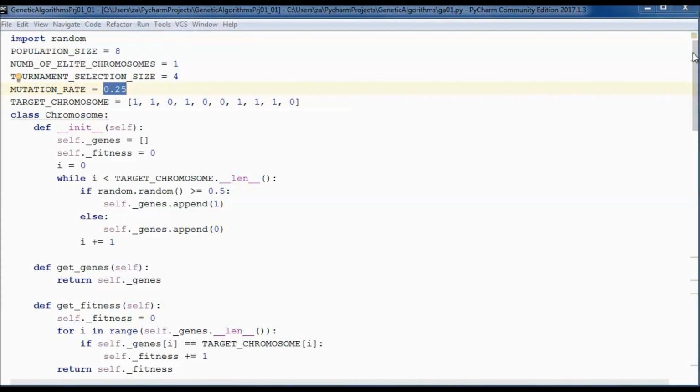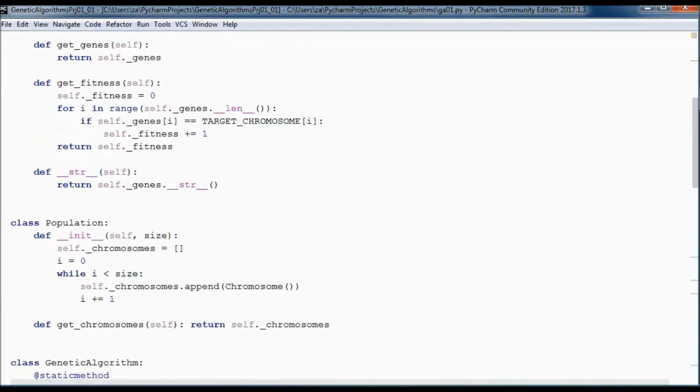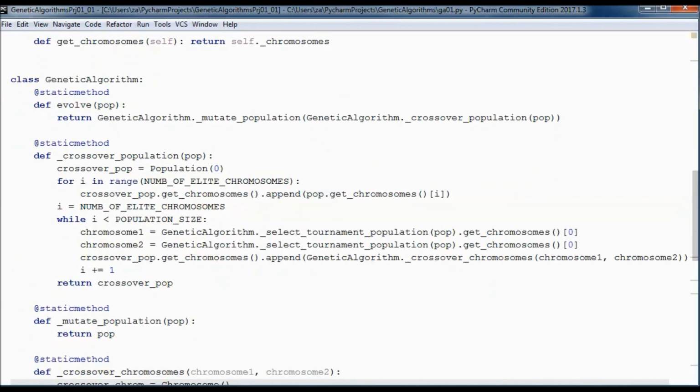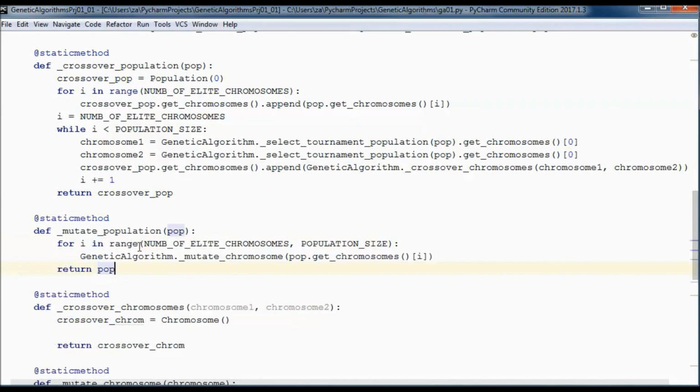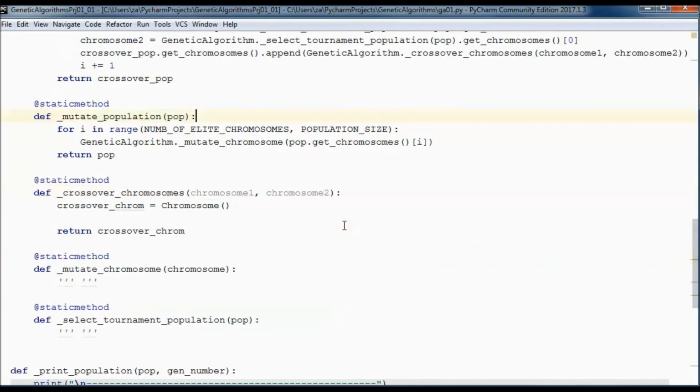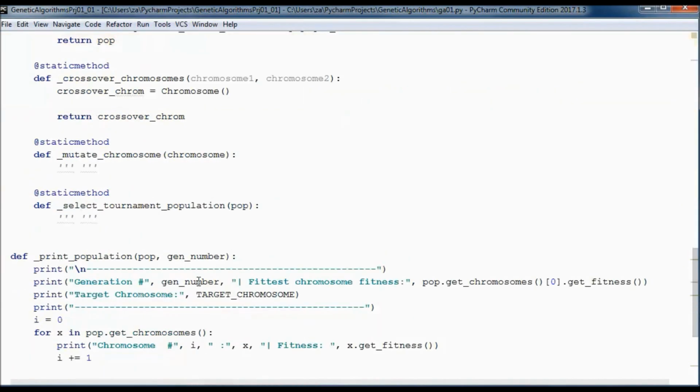So now if we go to the mutate population method, I will exclude the elite chromosomes. So I will start from 1, and here we are calling the mutate chromosome method for each chromosome in the population.